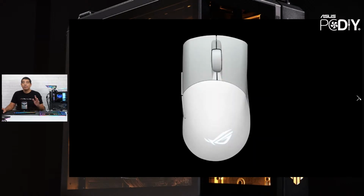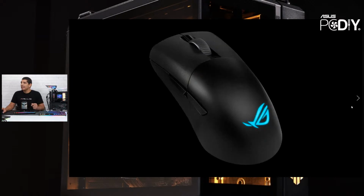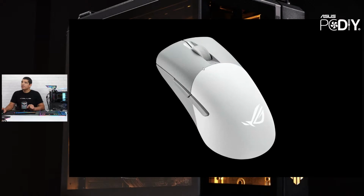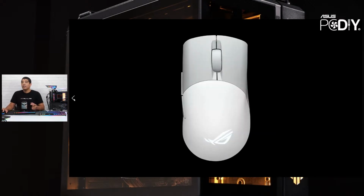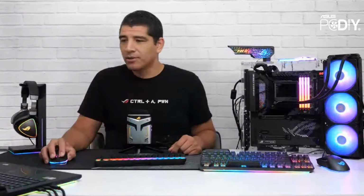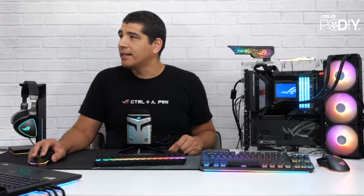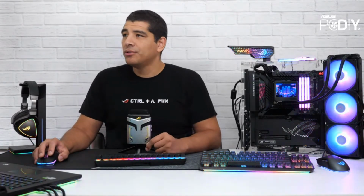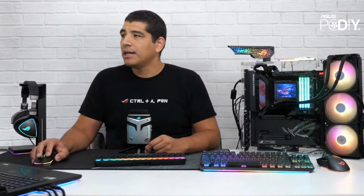And again, moonlight white, or you can get it in the classic black, right? And you still get a little bit of RGB on these as well. Now, that's going to be less RGB than you would have, of course, on our standard models, right? Where you're going to have multiple RGB lighting zones, right? But let's go ahead and put these two side by side, just so you can see them. And I will jump into the chat in a second, just so you guys can see the...